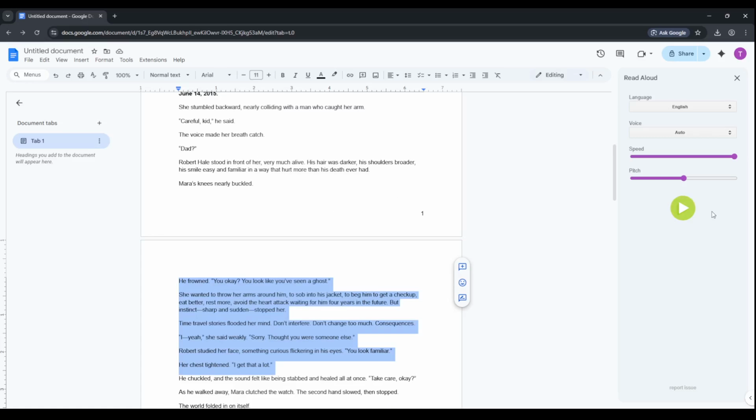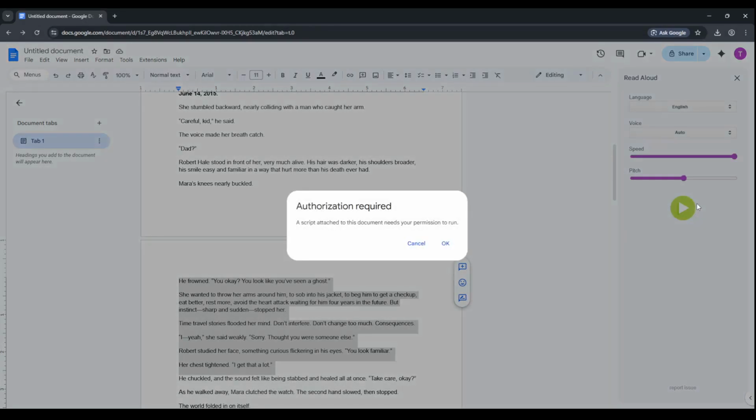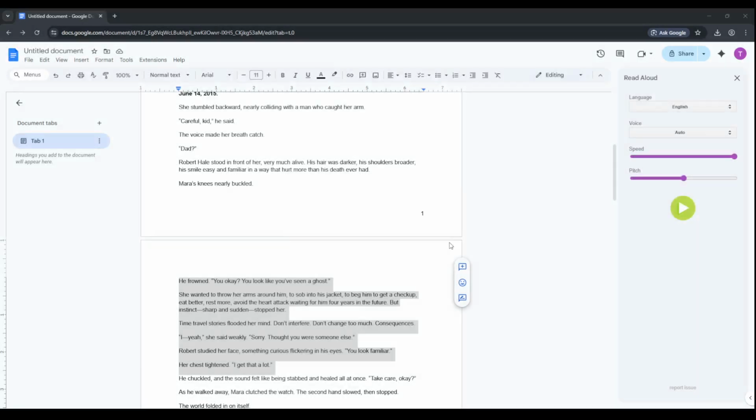That's it! You're done! You've installed Read Aloud TTS, opened its sidebar, highlighted your text, and played it back. This workflow is especially useful for catching typos, awkward phrasing, and missing words that are easy to miss when you're reading silently. If anything seems off or the sidebar closes